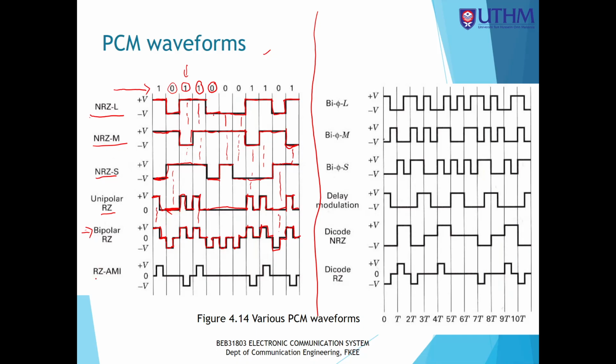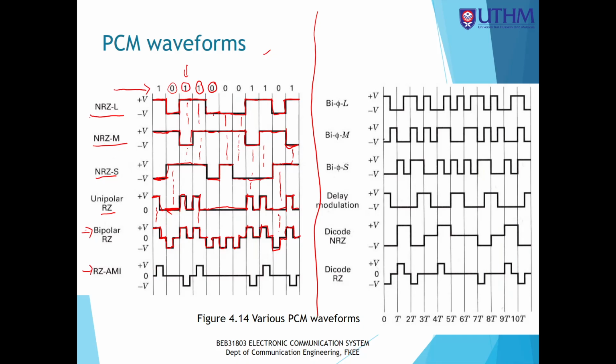And we also have here return to 0 alternate mark inversion. For alternate mark inversion, it will change polarity for half of the bit time every time the input is logic 1. Okay, so every time there is a logic 1, it will swap polarity. Otherwise, it will stay at 0 volt. So for example, here is